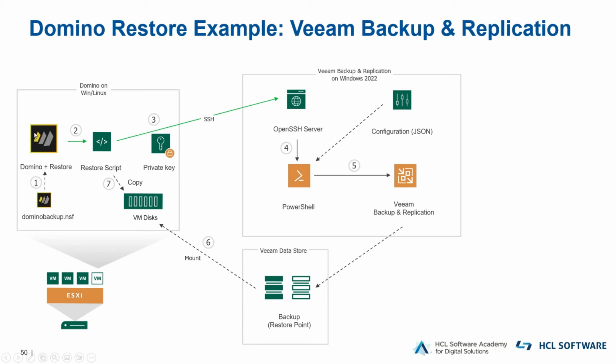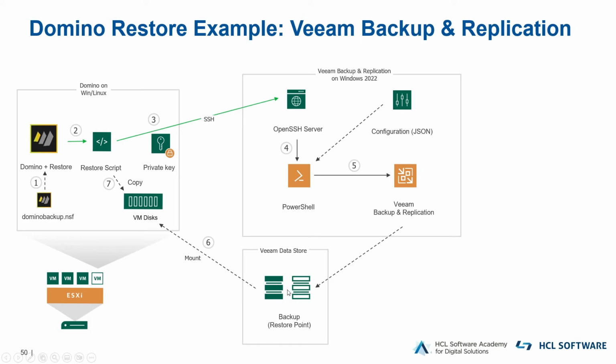The restore job uses a restore script which communicates over SSH to the OpenSSH server component installed on the Veeam backup server. And then it uses the PowerShell integration of Veeam, because that is the best, most flexible integration they have. It identifies the snapshot. It talks to the backup backend,